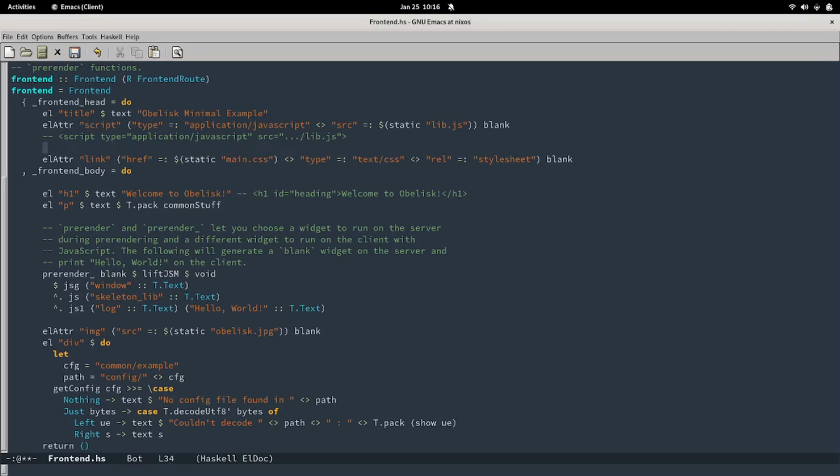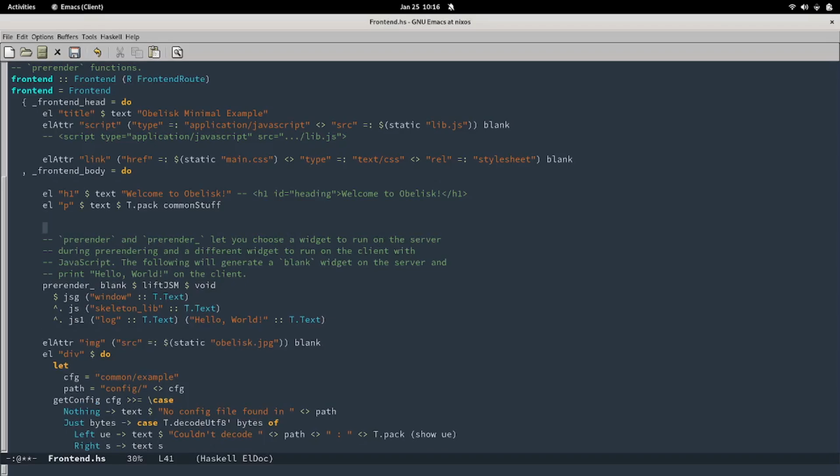And of course, just in case you're not super familiar with web development, the most common thing you're going to be doing is probably making a div with a class using Tailwind, you know, Tailwind URL,